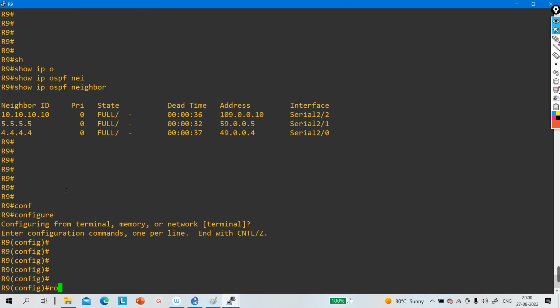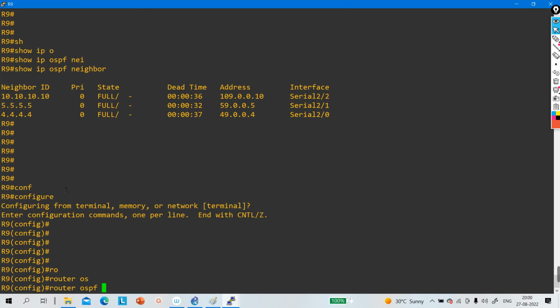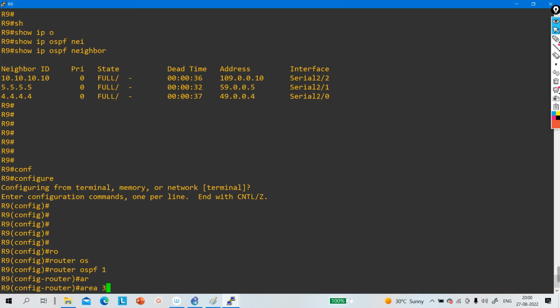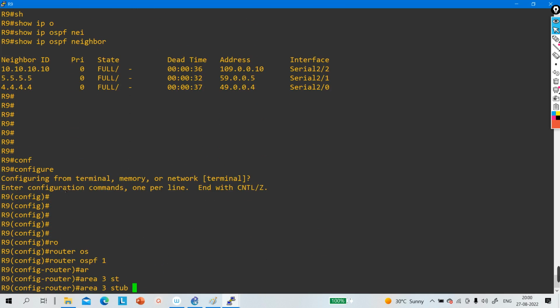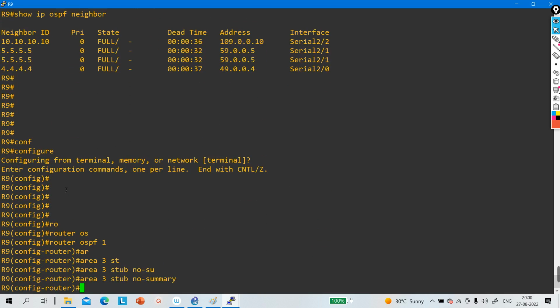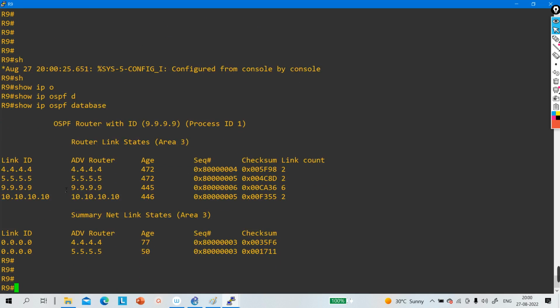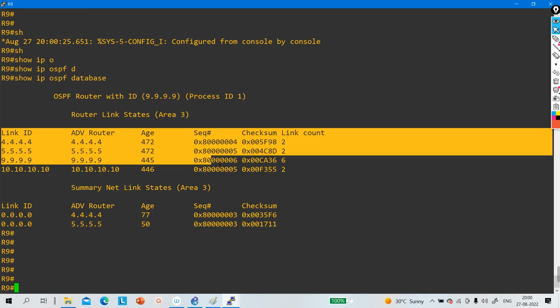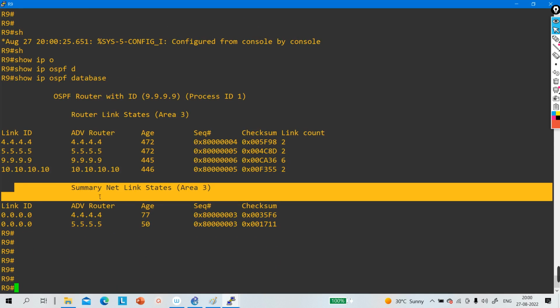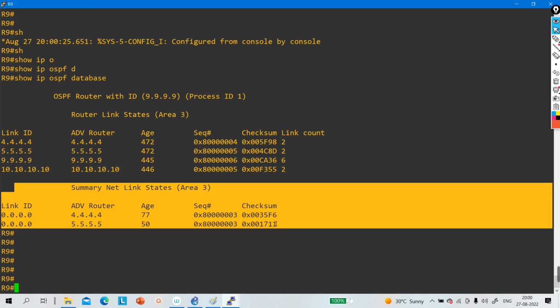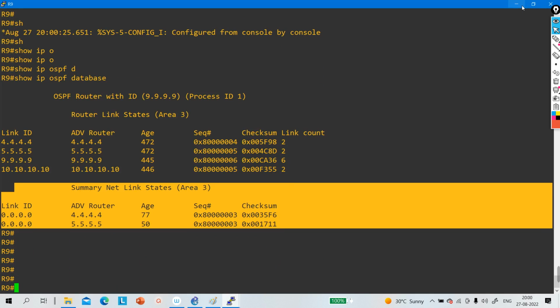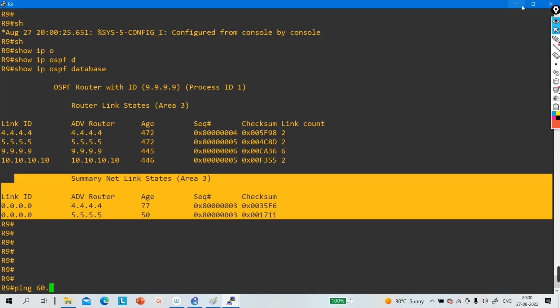Let me run router OSPF process ID 1, area 3 is stub and no summary. So IP OSPF database, yes, see, this is LSA 1 and this is LSA 3. So in a totally stub area, the ABR router will generate a default route in the form of LSA 3, and LSA 3 is filtered now, but still I can ping 60.1.1.1,